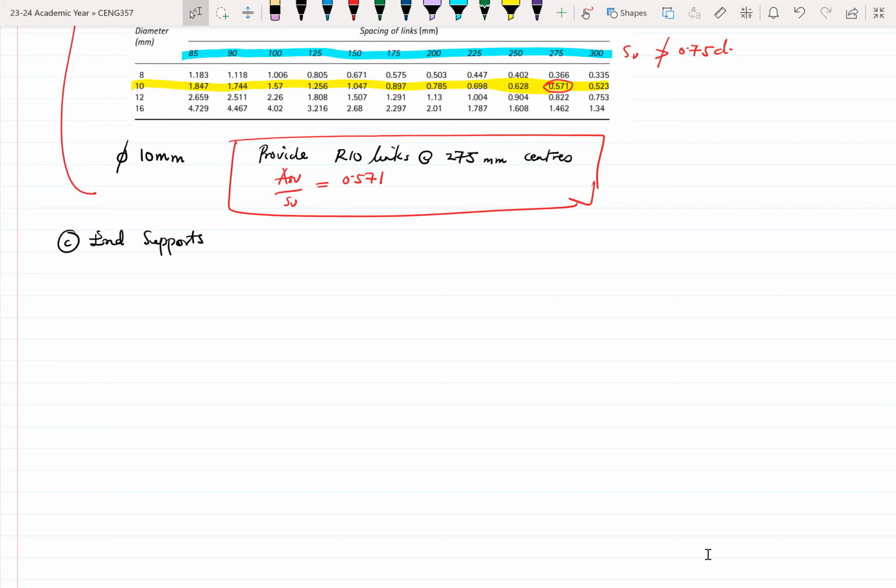So let's look at the end support. With the end support, we find the shear force at a distance d. So shear force